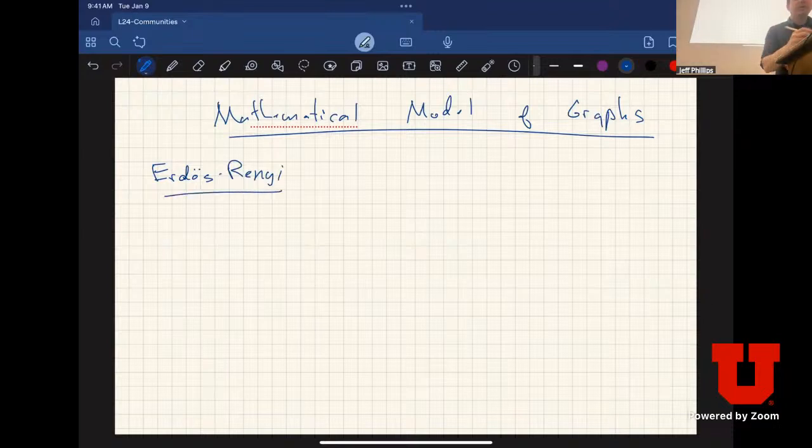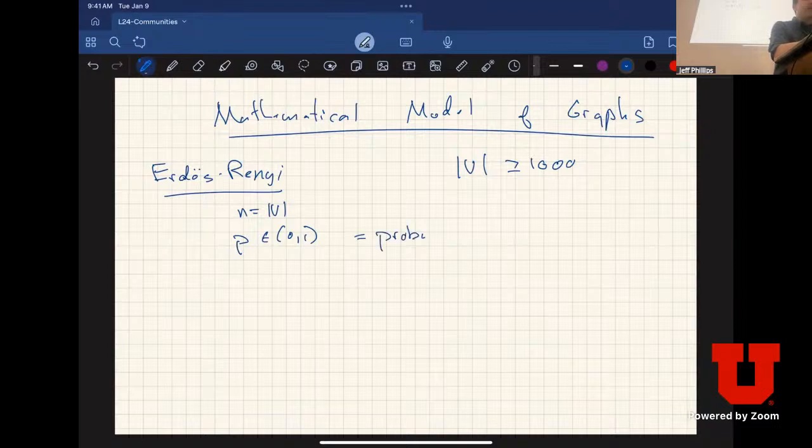And so this could scale up to where the number of nodes was greater or equal to 1,000. And this particular model said that n was the number of nodes, and we would have a value p, which was going to be a probability, so p is in [0,1], and this was the probability